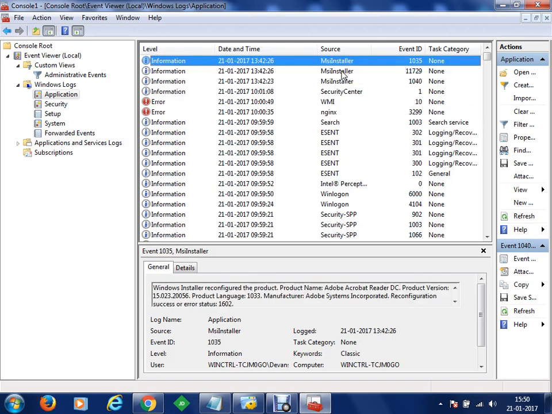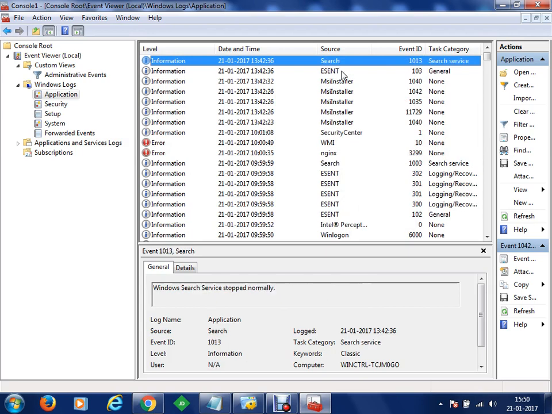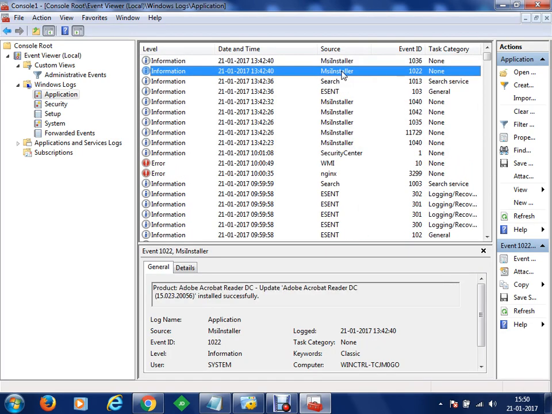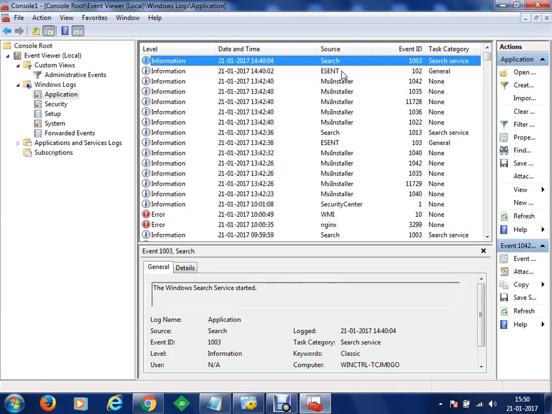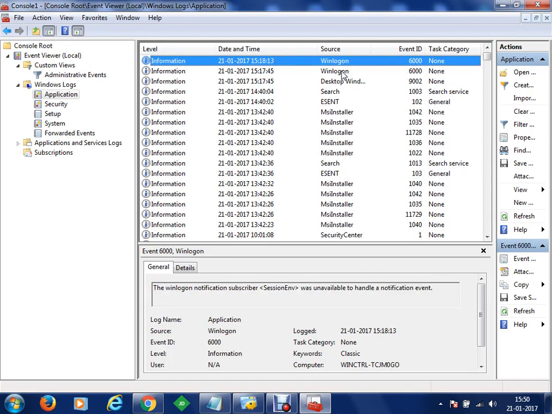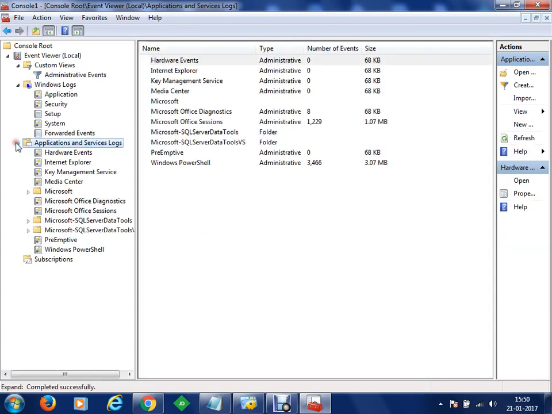Clear? Okay, so here you will get the application information as well. So now you can see that Adobe Acrobat Reader update program has been installed. Okay, so all these things you will get in the installer section. Clear? Okay, so these were some of the important application logon events which have been done. We can get more logs as soon as we configure and enable the services to capture the logs. Okay, now once you have done this, you have your application service logs here as well.